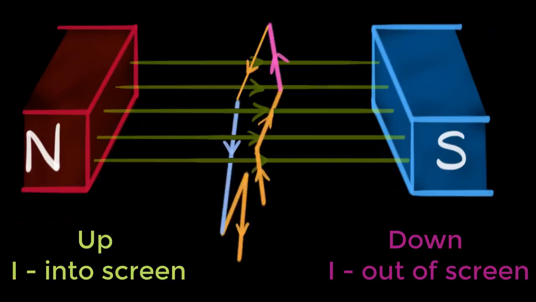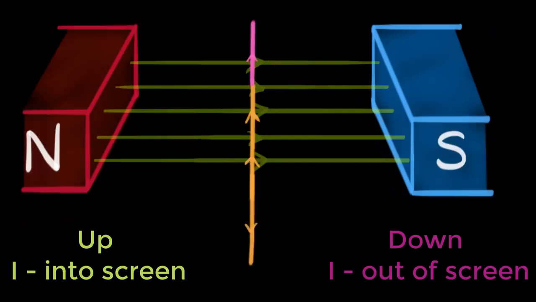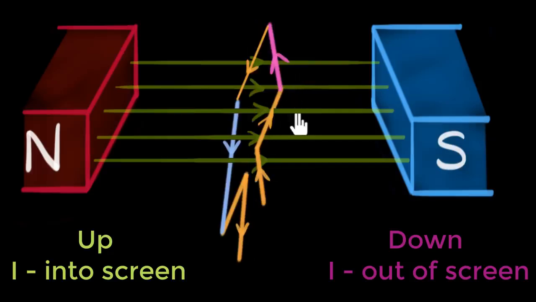Because now the pink wire starts moving downwards and now the blue wire starts moving upwards. Can you see that? Again, if I go back and come back again, notice the pink wire is coming down and the blue wire is going up. This means